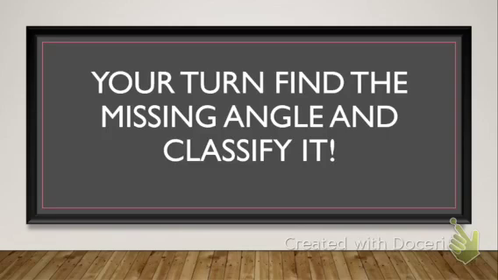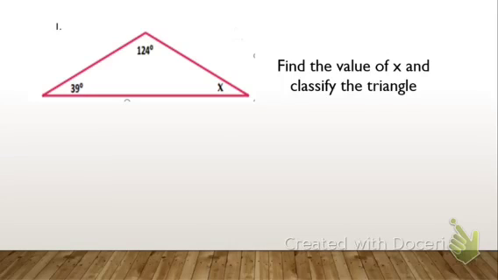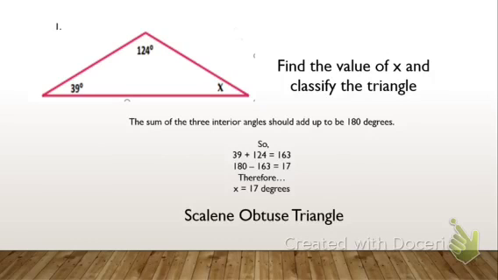Okay, I'm glad to see that you guys are back, and let's get ready to check some answers. Okay, so here's example number 1. You were asked to find the value of x and classify the triangle. So let's see how you guys did. The sum of the 3 interior angles should add up to be 180 degrees. So 39 plus 124 equals 163. So then you take 180 minus 163, and that equals 17. Therefore, the value of x is 17 degrees. So this would be 17 degrees